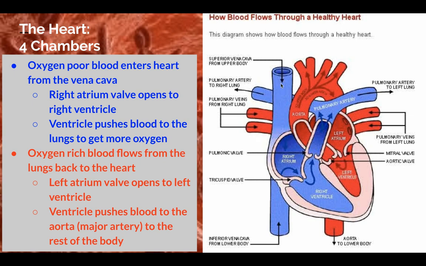So we have blood that's deoxygenated going to the right atrium, through the tricuspid valve, into the right ventricle, through another set of valves, and out to the lungs. So the lungs are not pictured here, okay? But there's a lot of blood flow. The blood flows through the lung tissues, collects the oxygen, and then it needs to come back to the heart